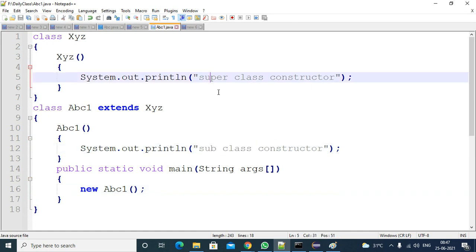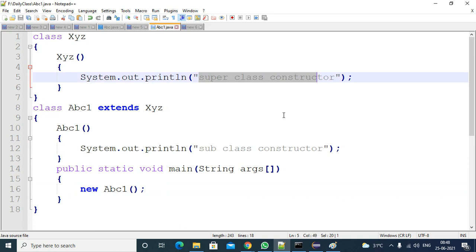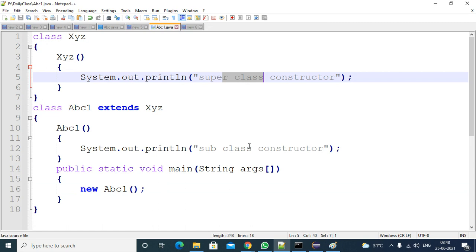Either subclass or superclass. You are saying you will get both outputs, subclass constructor and superclass constructor. So what is the order? First subclass and then superclass, or first superclass and then subclass? First subclass, then superclass.